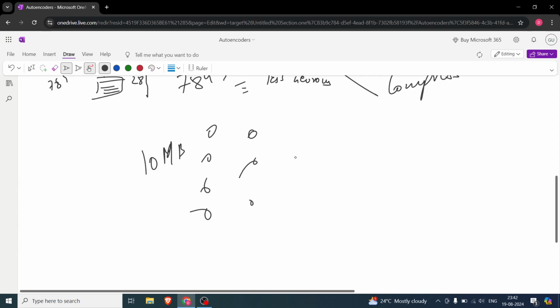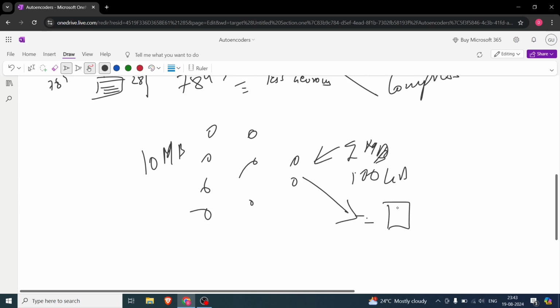By compressing it here, you compress it to 1 MB, or even smaller, let's say 100 KB. You can pass this through the internet to the mobile phone, and the mobile phone will have the decoder. So we'll not exactly throw the decoder away, we'll put it in the mobile. The mobile gets the compressed version, and the decoder is used to uncompress it. Obviously it's going to be a lossy compression.